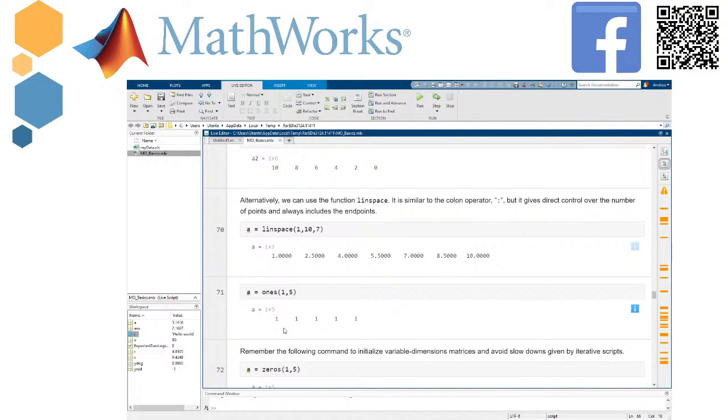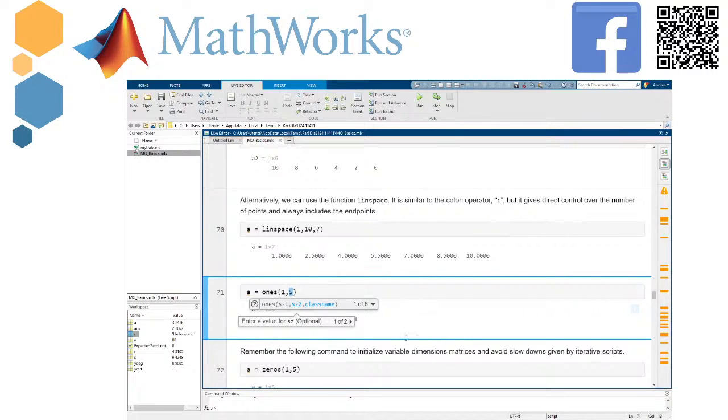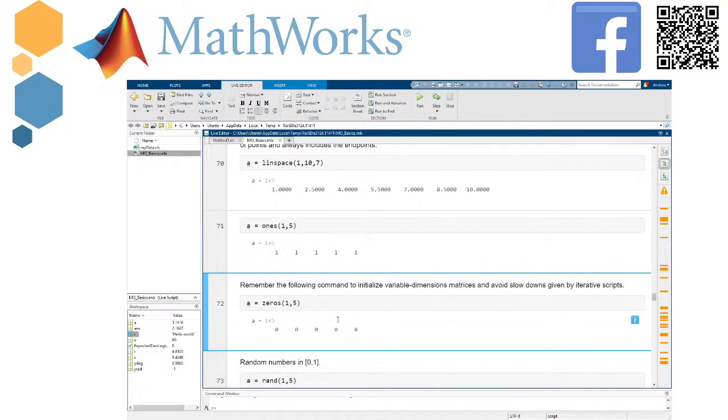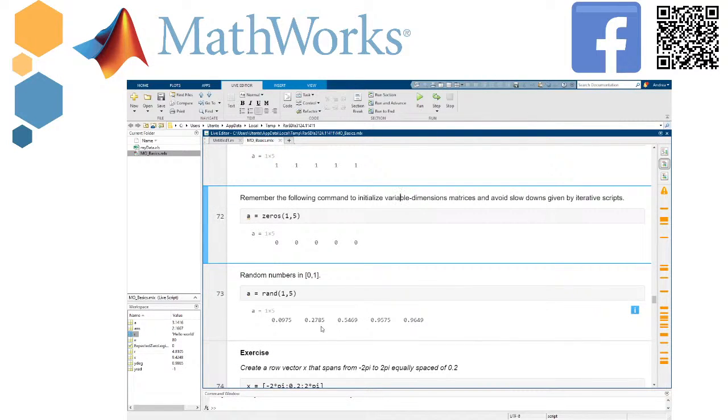Another way is to create an array of just ones. So 5 elements. This means 1 row, 5 columns. So this is a vector, a row vector, and it is made out of 5 ones. The same for 0. And yeah, creating a matrix or an array of random numbers can be done, and rand